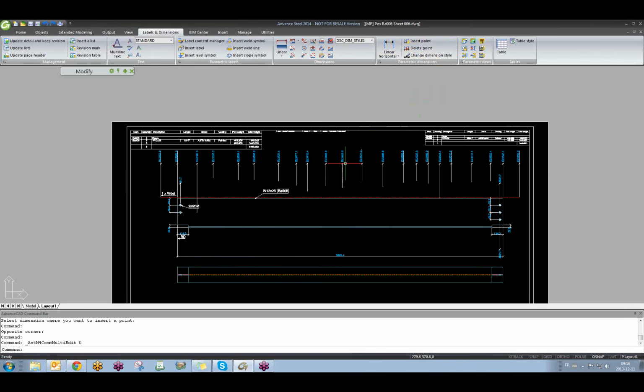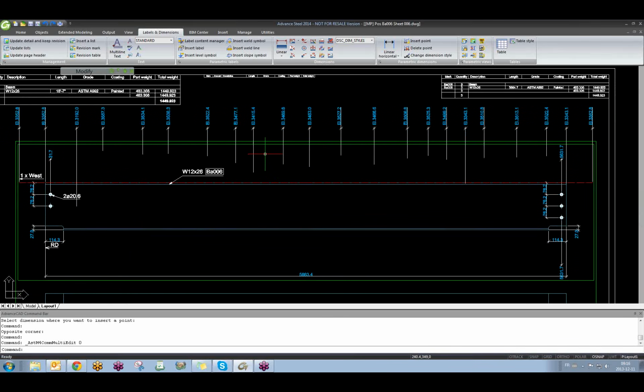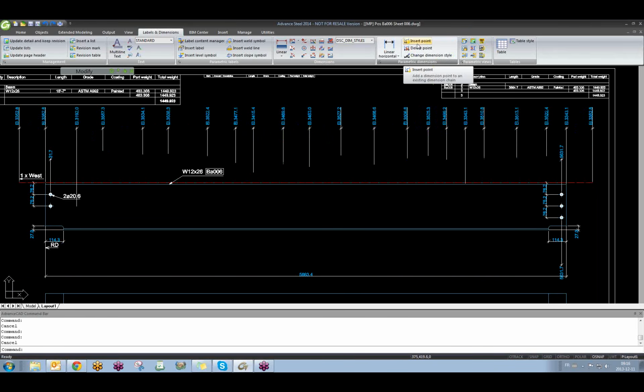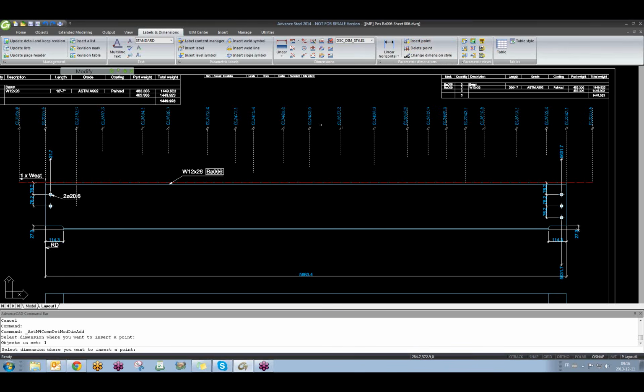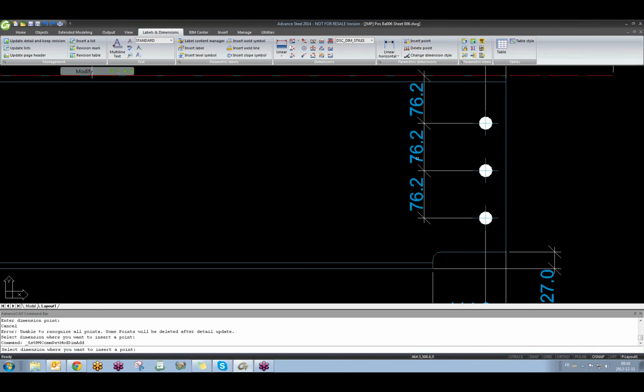Quick question. When you were in the advanced properties for those dimension lines, changing which type they were, whether it was linear relative or linear absolute and all that, how can you pick which end of the piece you want those dimensions to come from? Which end, for example, while inserting points? Yes. When you select first the dimensioning line, where to add it, enter. After that, you select. For example, if I insert point in here, I guess